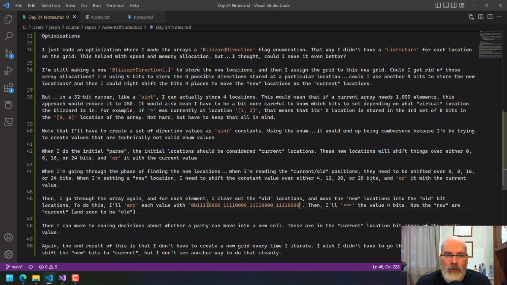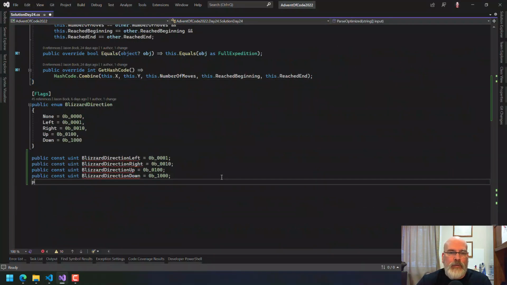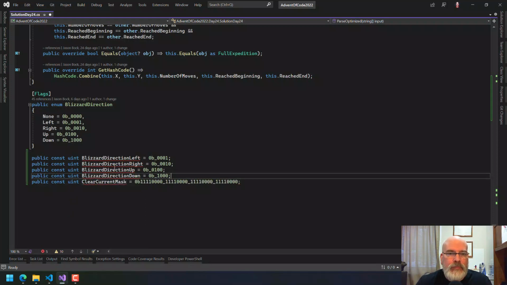Okay, because we need 4 bits and then 4. Okay. This is going to be the clear current mask. It's going to be public const, not cubic, public const uint clear current mask. And that's what that is. Okay. These are all just giving errors because, and these, well,